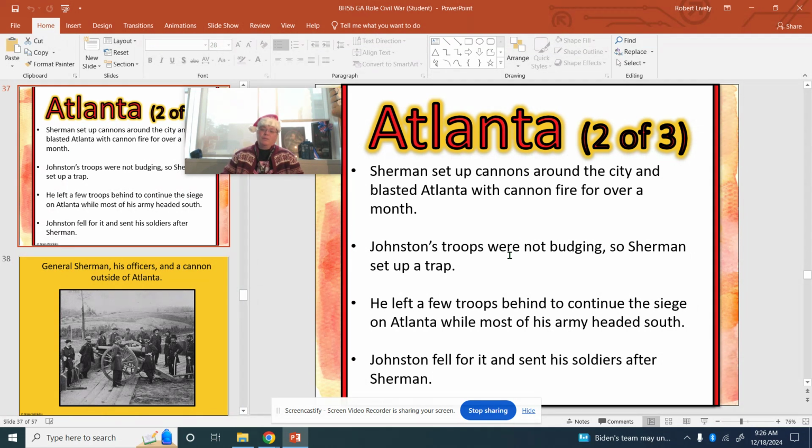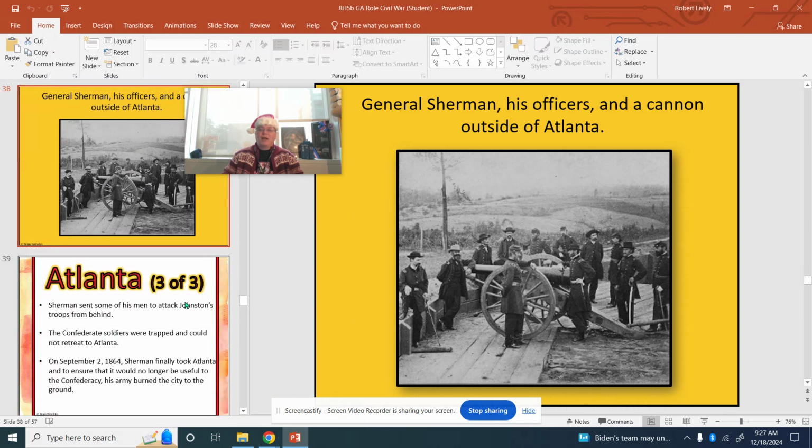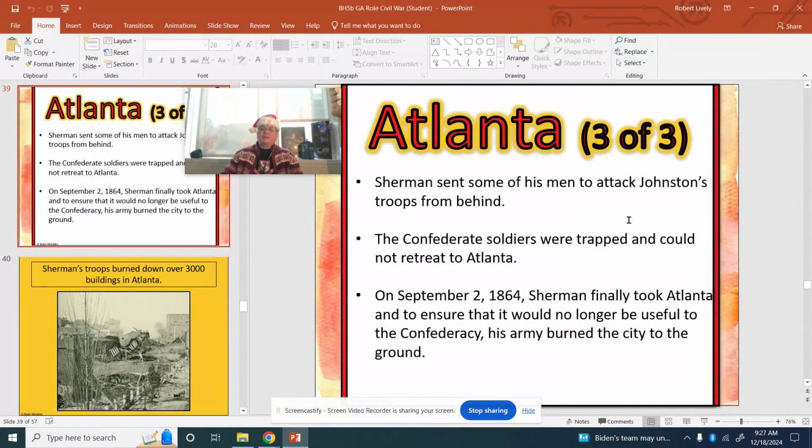He left a few troops behind to continue the siege on Atlanta while most of his army headed south towards Jonesboro. Johnston fell for this and sent his troops after Sherman. He thought Sherman was moving on, headed south. He was not. It was a trap. Sherman sent some of his men back to attack Johnston's troops from behind. The Confederate soldiers were trapped and could not retreat back into Atlanta. September 2nd,